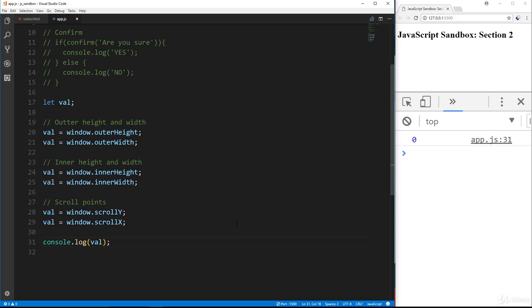That is the location object and the history object, which is part of the window object. All right, so what we're going to do here is put a comment in here. We'll say location object. I'm going to set val equal to window.location so we can